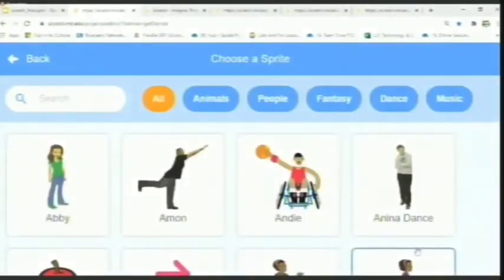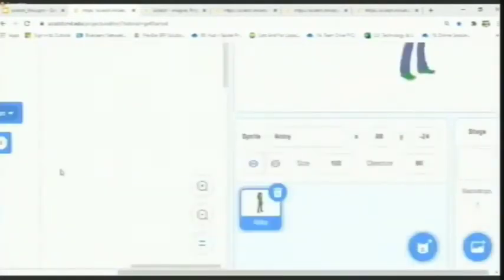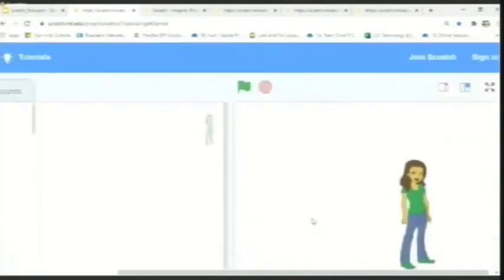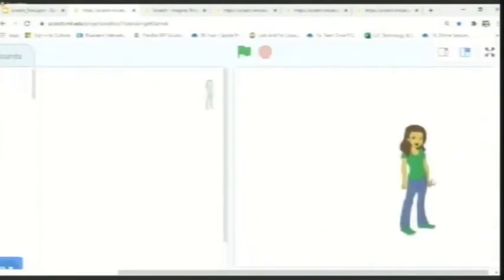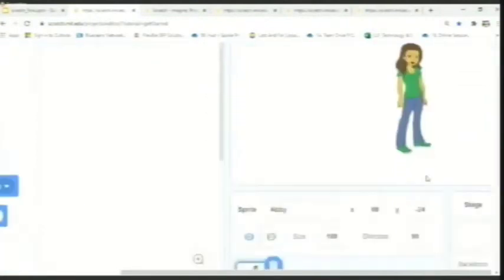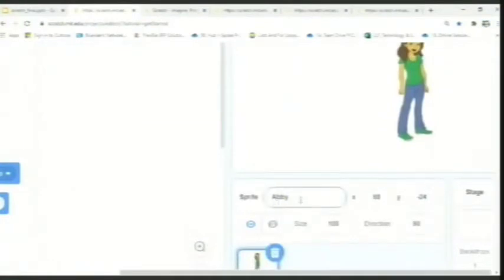So when I click on that, it will take you to another portal, and I would like to pick the very first sprite which is available. So here, the content already shows that the one sprite is being selected. When I drag and drop, when I look at the stage, the image is already available to me. So this sprite name is called Abby. So if you want the name to be Abby, you can keep it. Otherwise, if you don't want it to be Abby, you can edit it the way you want. So I'm going to just change the spelling.